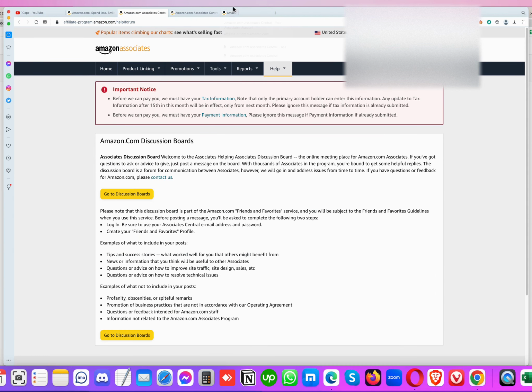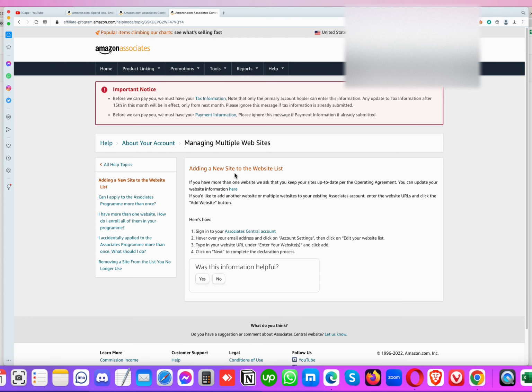Okay, you can say this article topics or help note, and read this here. Adding a new site to the website list. If you have more than one website, we ask that you keep your sites up to date per the operating agreement. You can update your website information here, and you need to click here, or you can press the control button and click